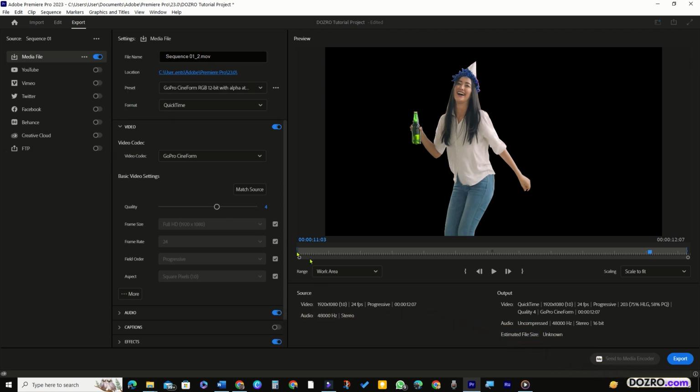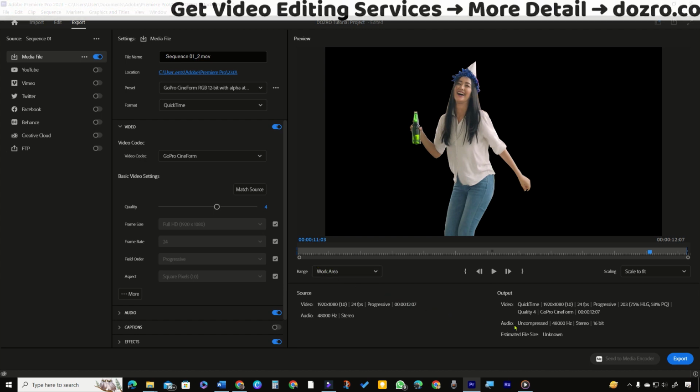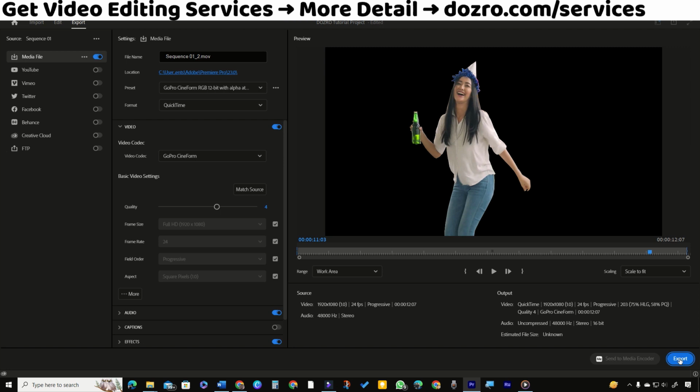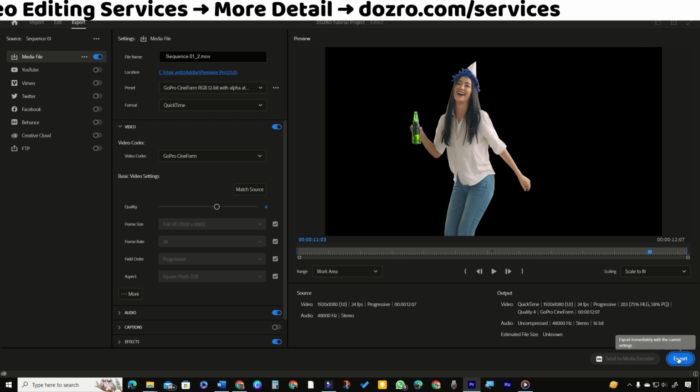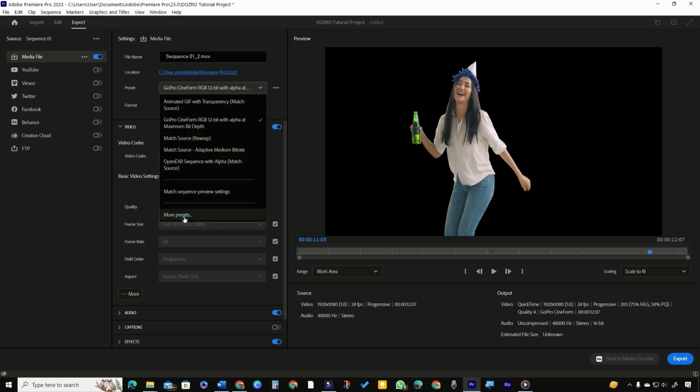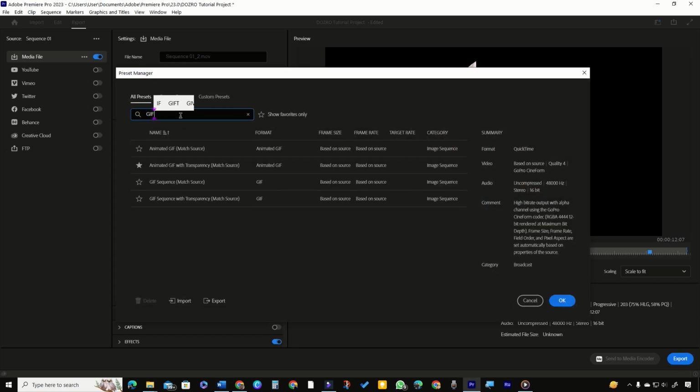Transparent video or animation exported through this method will work on most video editing software such as Premiere Pro and Filmora. However, if you want to play a transparent video in most players including Windows, then in presets list, select